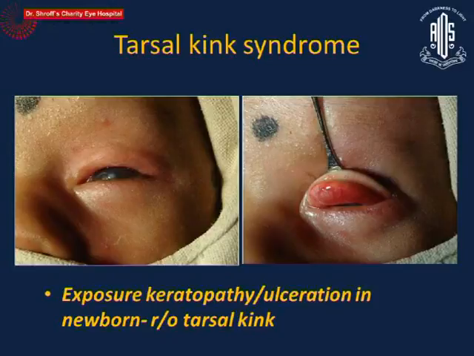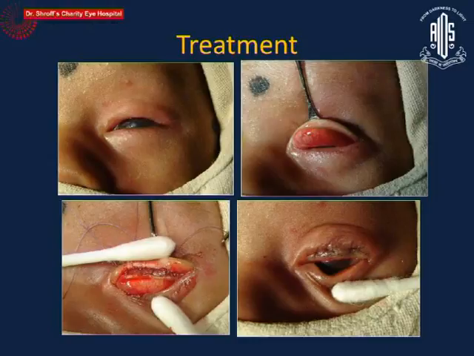So the dictum is that in any newborn child, if the patient presents or is born with a corneal ulceration or an exposure sort of picture, it's mandatory to have a look at the eyelids to look for this entity, which is very easily correctable by simply doing what we do for the senile entropion, cicatricial entropion, a tarsal fracture procedure, and put in everting sutures. Some people even do a temporary tarsorrhaphy for this patient, but since this entity is very rare, the actual protocol of surgical management is not really very well defined. But most of the time, whatever surgeries people have described, they actually work.